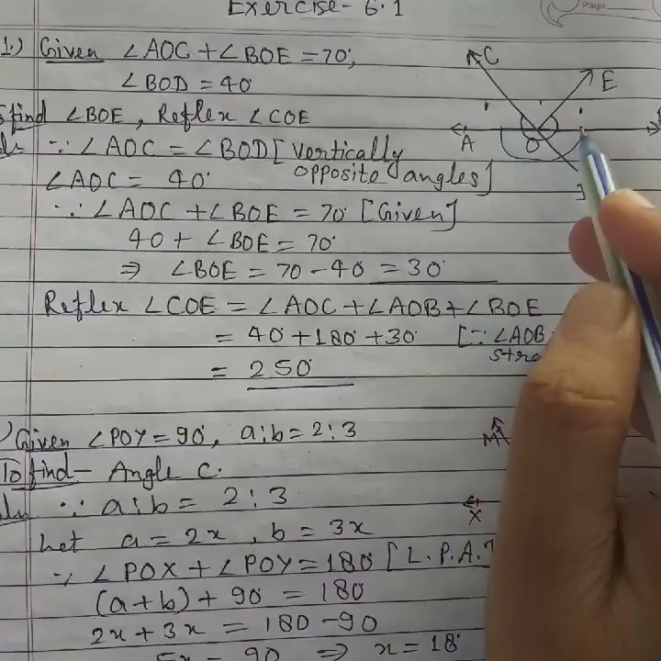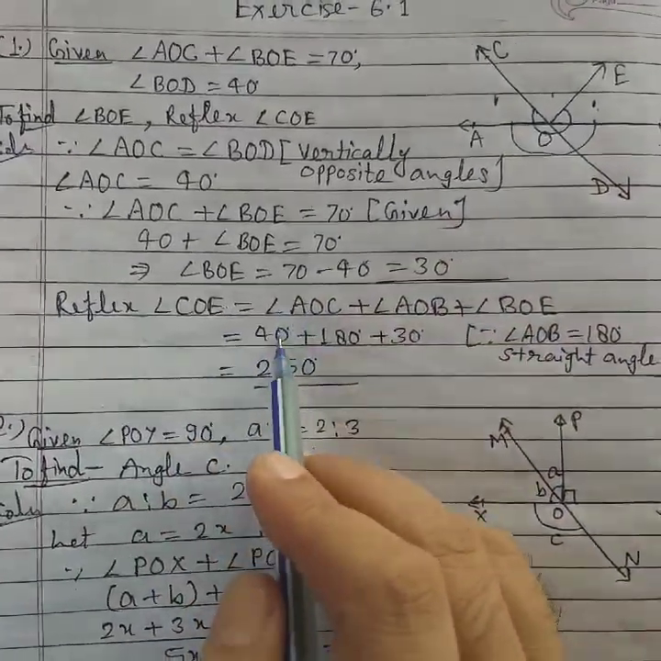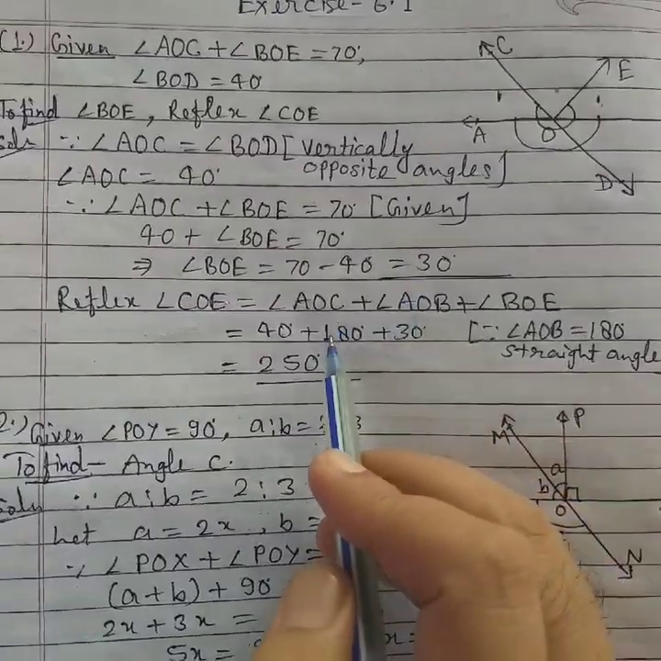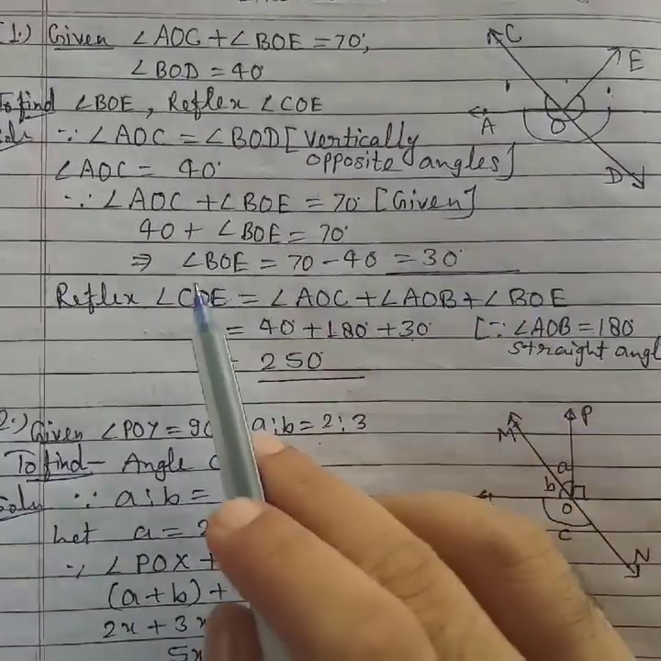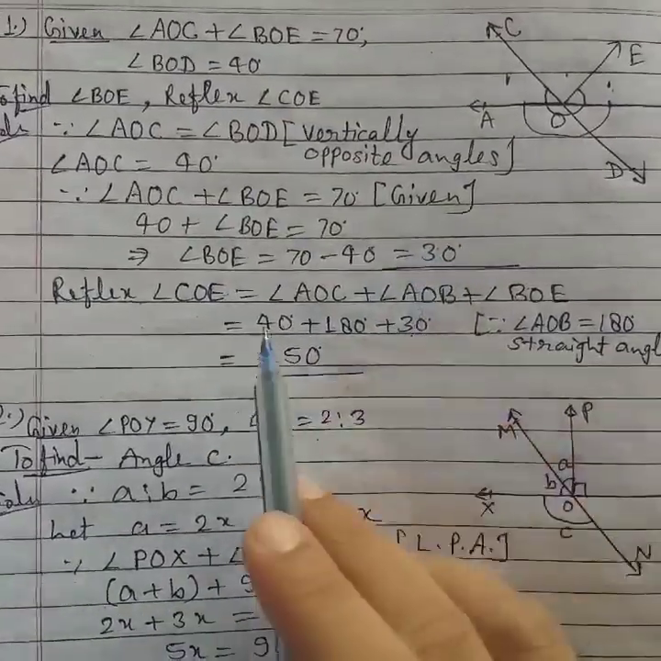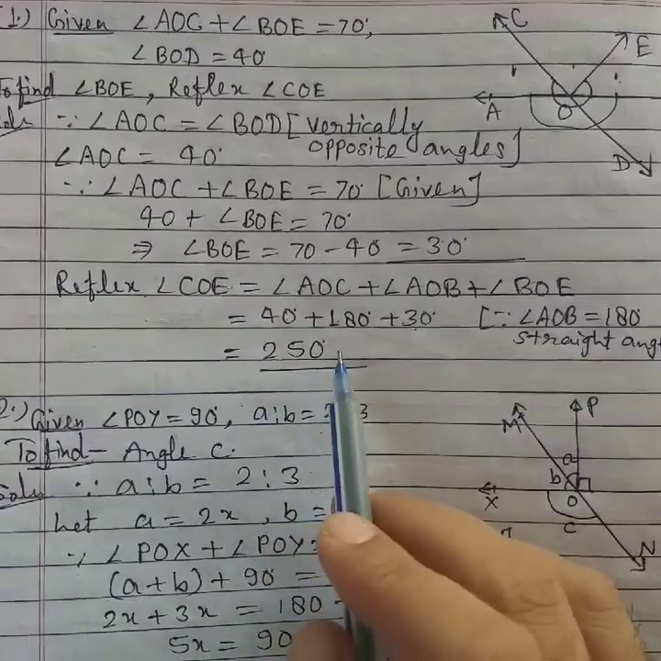So if we add these three angles, then we will have reflex angle COE, that is AOC, that is 40, plus AOB, that is a straight angle which is 180 degrees, plus angle BOE, that is 30 degrees. Here we found angle BOE is 30 degrees, clear? Now on adding these three angles, we will have a reflex angle COE equal to 250 degrees,